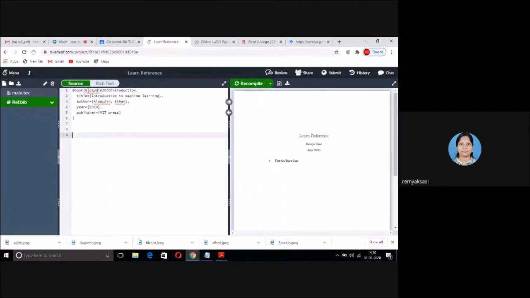At book, curly bracket open, whatever text follows till the end of that comma is the name of that reference. Then there is title, author, year, publisher, etc.